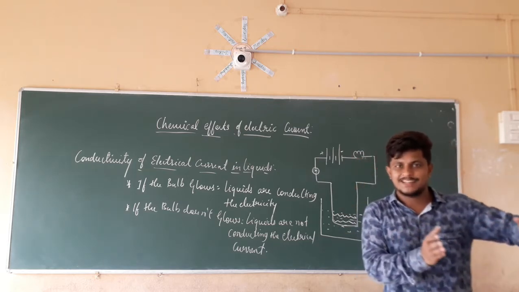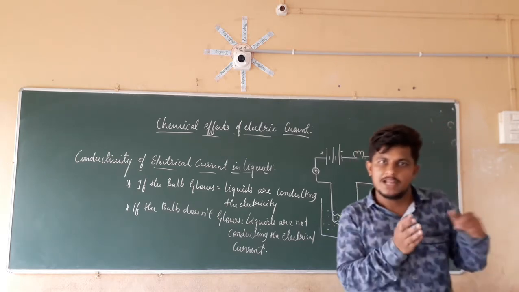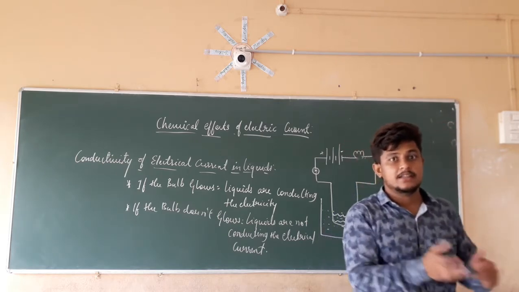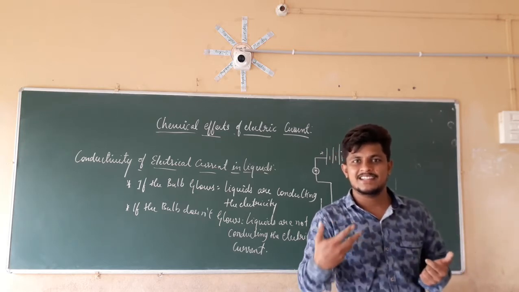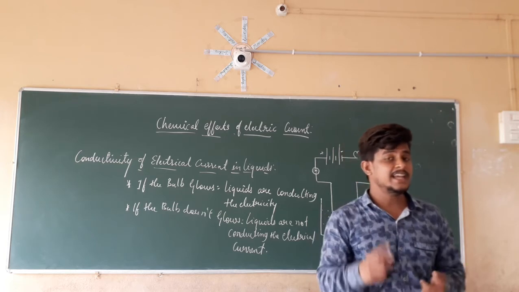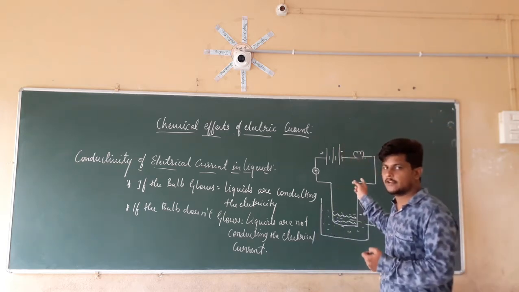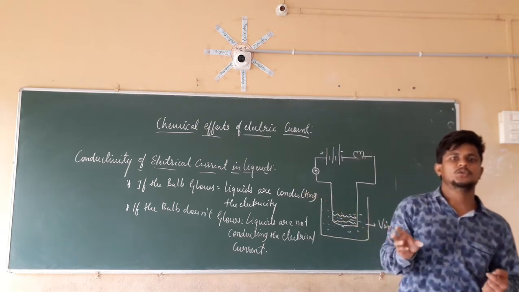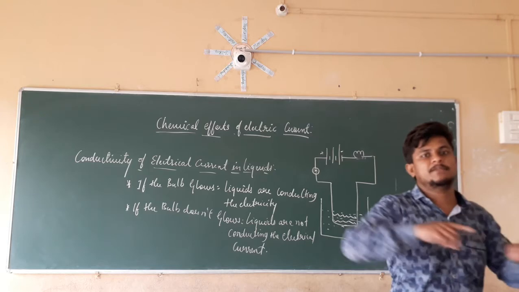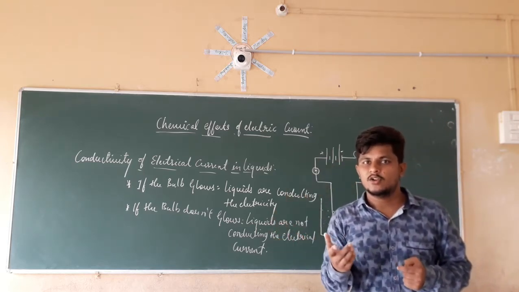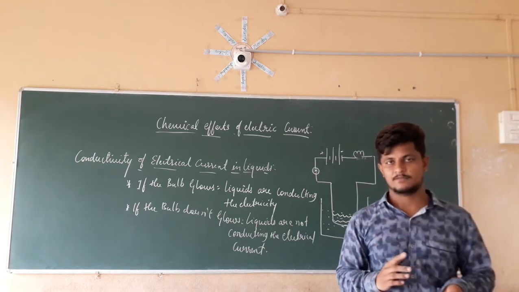If the amount of electricity is less, the heating effect of the bulb is also less, and then the bulb is not going to glow, because it doesn't heat that much. Actually, the conduction of electricity is happening, but the bulb is not glowing. Why is it not glowing? It is not getting the required amount of electricity.